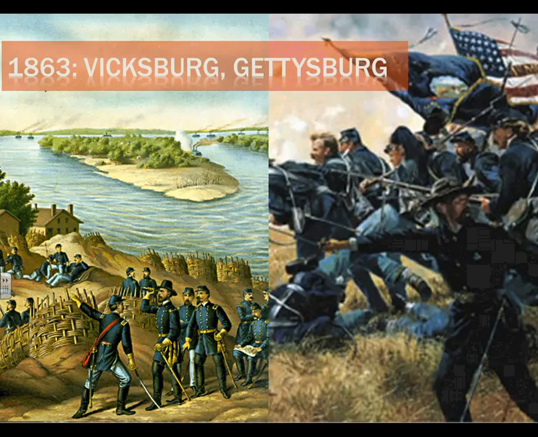Now, Vicksburg is a city along the Mississippi River, and you can see here, through this painting, that the city of Vicksburg sits at a bend on the Mississippi River, which makes it a really strong place to maintain control over the river. So by 1863, the Union has managed to fight its way up from New Orleans towards Vicksburg, and has controlled most of the southern half of the Mississippi River, and it has managed to fight its way down from the Ohio River Valley and controls much of the upper part of the Mississippi River.